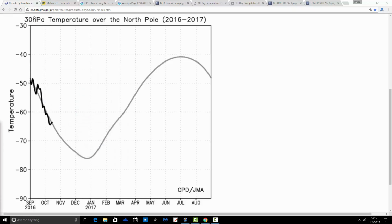Right, let's get on with the video then. We'll start off with the temperature at 30 hPa over the North Pole. Actually, we haven't seen any real cooling taking place yet in the stratosphere over the North Pole. 30 hPa is one of the top layers of the atmosphere in the stratosphere, and this is over the North Pole. The grey line here is the trend line, and you see we're in a cooling time of year now,